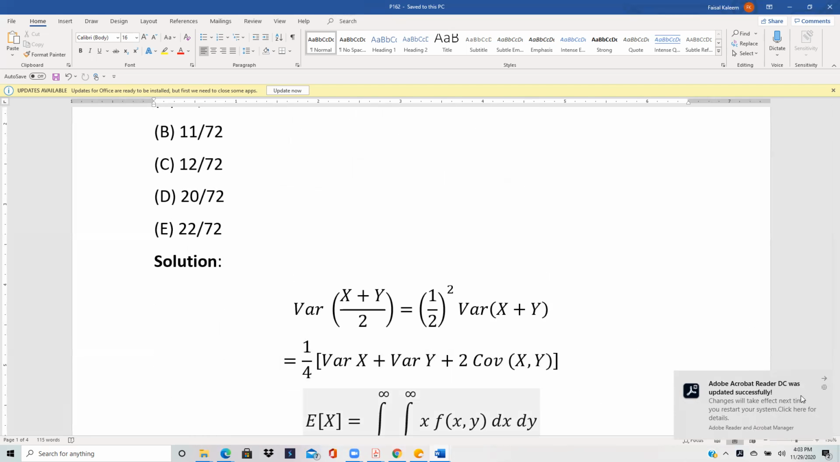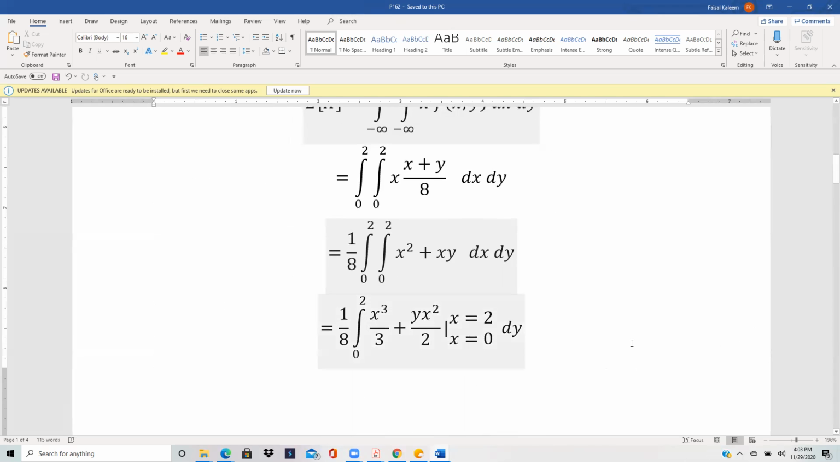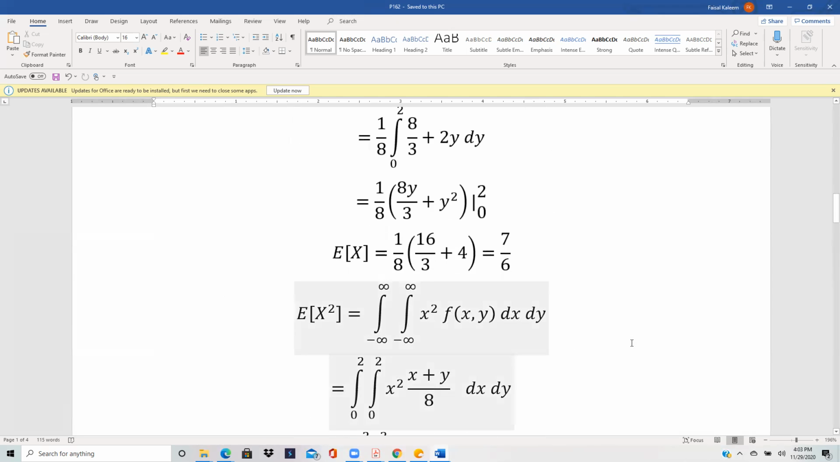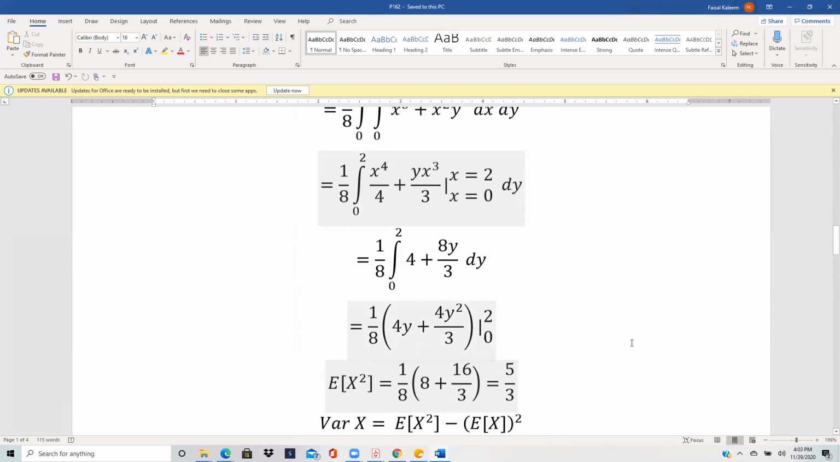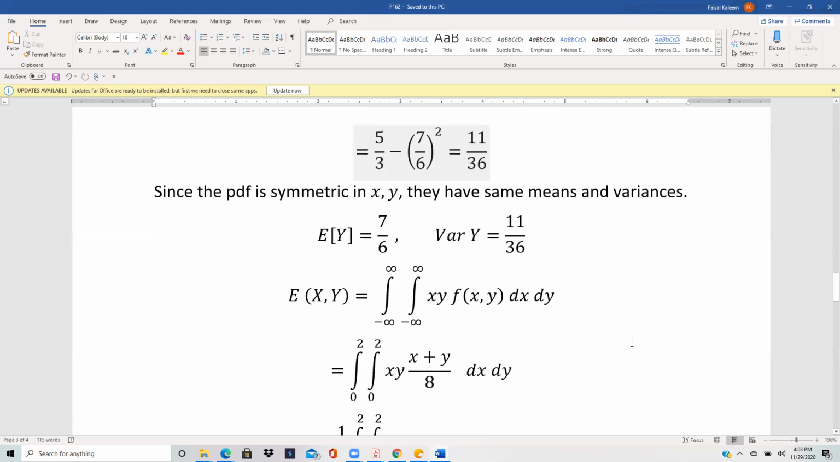Okay, let's go back. So we're writing here that y has the same expected value as x, 7 over 6, and the variance of x was 11 by 36, and that would be the variance of y as well. And now, if you remember, we also need the covariance, and for that we will need